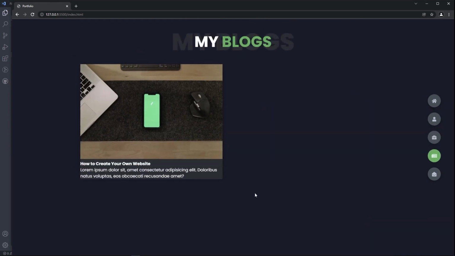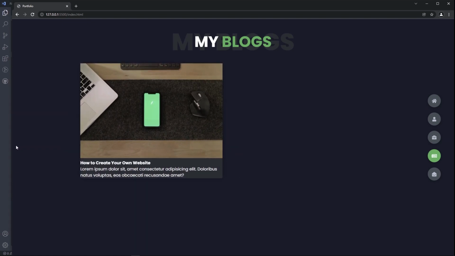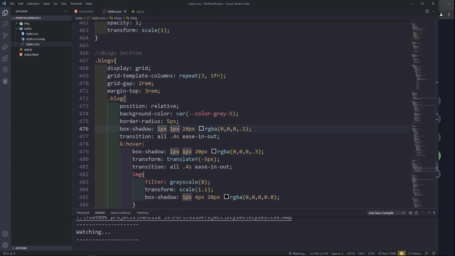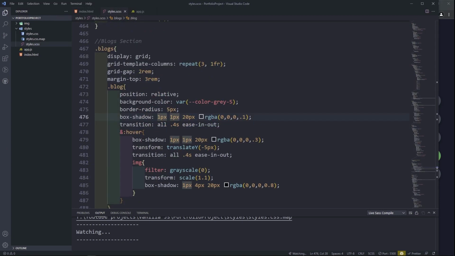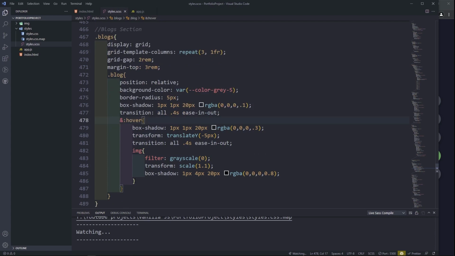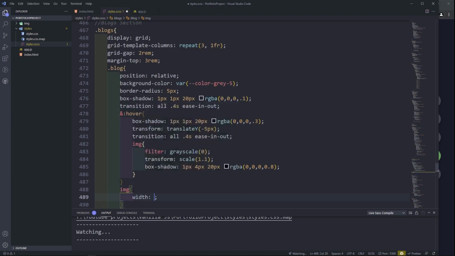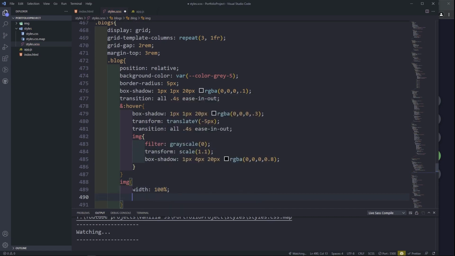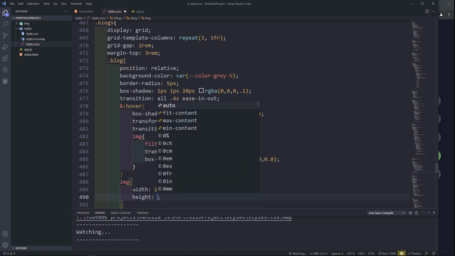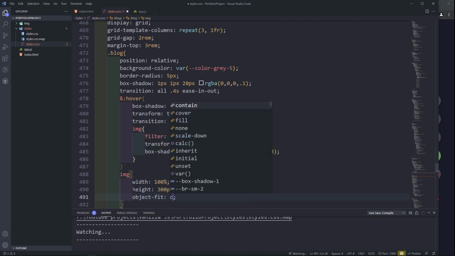So there it is. The image sort of pops out of the grid item. It's like boom, boom. But we need to make it transition nicely, smoothly. So to do that, let's go back to the styles. After the hover effect, we need to now style the image outside of the hover. So I'm gonna do image width 100%, and then height 300 pixels, and then object fit to cover,